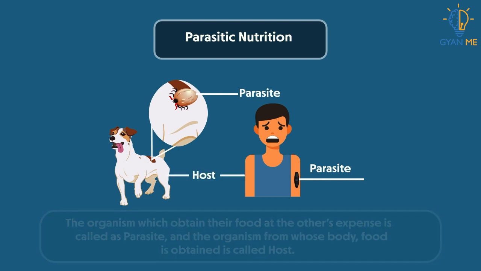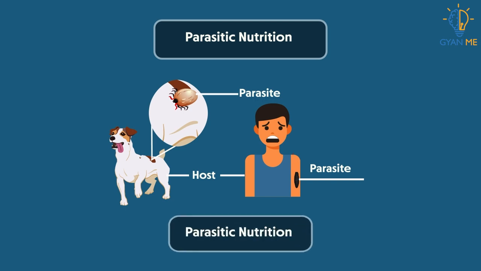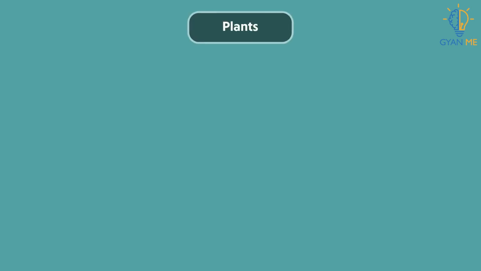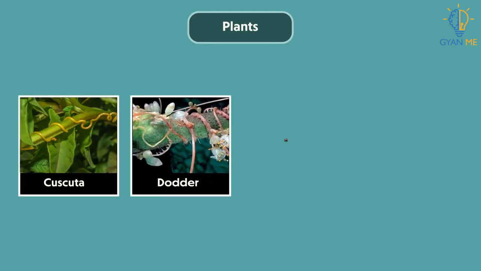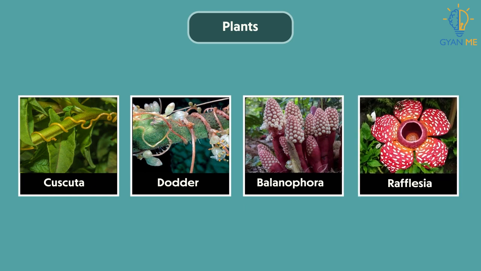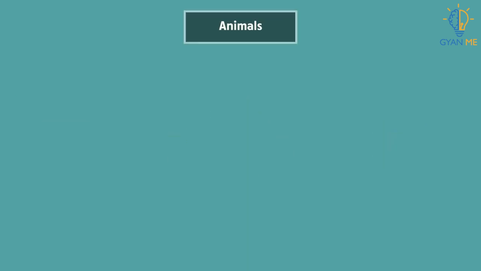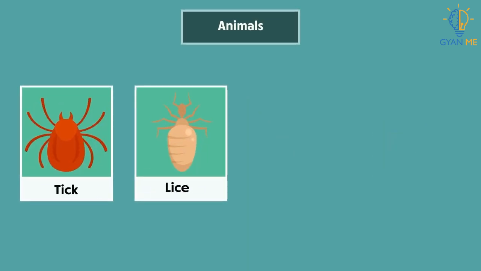We call this process parasitic nutrition. In this process, the parasitic organism survives at the cost of the host organism. This strategy is used by a variety of plants like Cuscuta, Dodder, Balanophora, Rafflesia, or animals like ticks, lice, leeches,